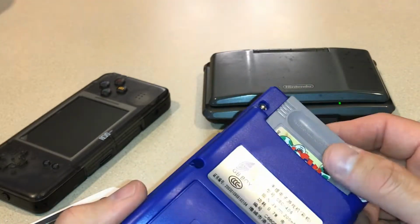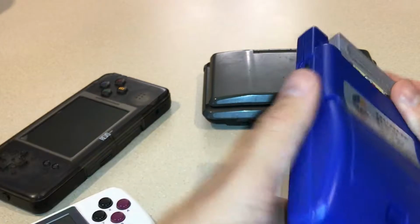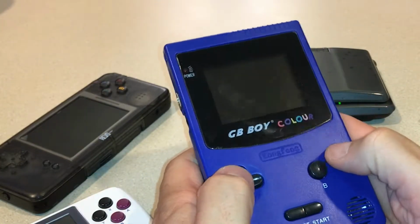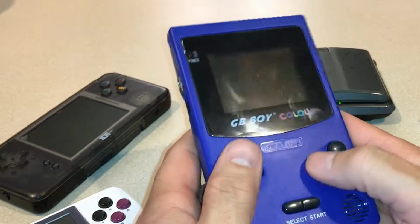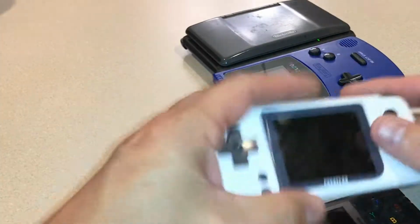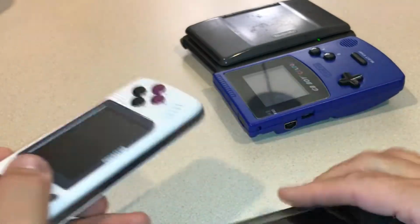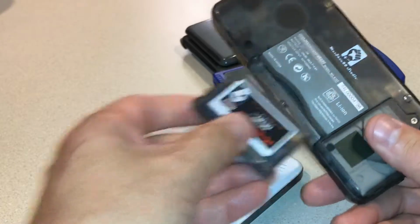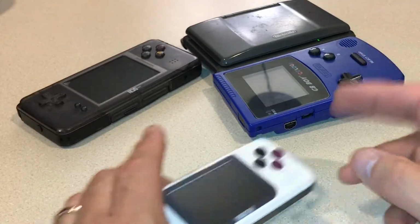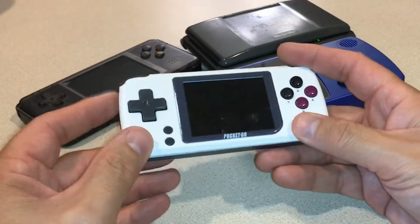The only thing is this cartridge won't fit in here, and I do like, this is kind of like an SP style in a weird way, but I do like this style for Game Boy. So overall, if the PocketGO was not out already, I would say this is the way to go, hands down. I still say this is the way to go if you want the ability to use a cartridge and some ROM capability. But overall, if you don't care about the cartridge and you're just backing up your cartridges per se, I would go with the